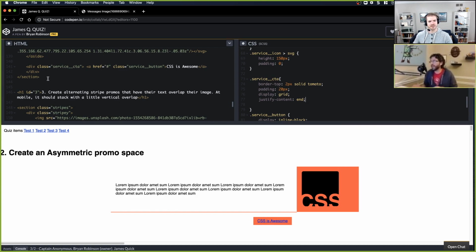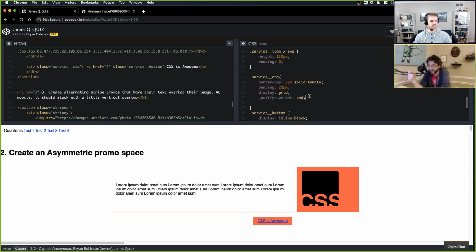Okay. Sweet. And then the last two things, I'm going to give you the rest of the answer on this, so we can do the third one. The third one is a little bit more exciting. You would add a border on the right of your CTA to get that vertical border, and then you would also need a border on the bottom of your SVG area. The other solution would be to bake in a 2 pixel column and row that hangs out in between the two rows. You could use an after and a before element to put it in those spots, and then have that with your grid template areas. But that's not really the intent of the exercise, so that would be another possible solution.